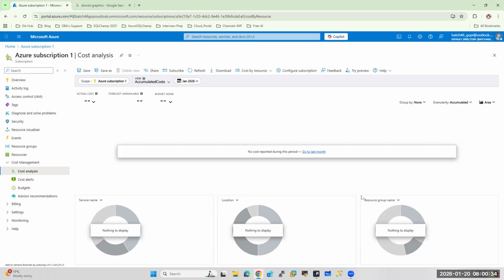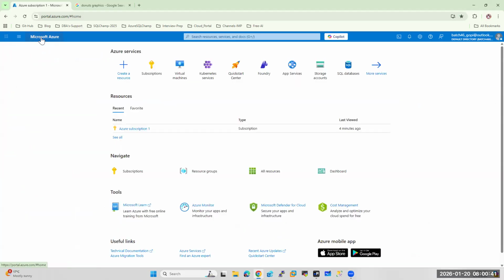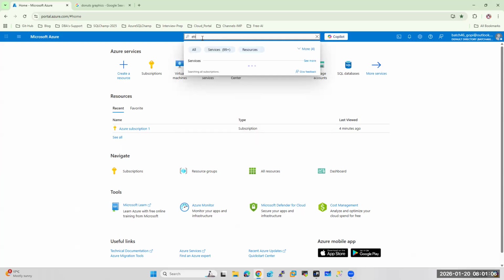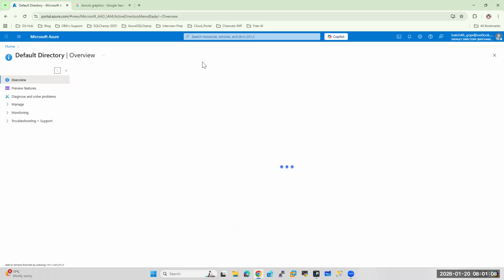So this is the top hierarchy. The majority of people will mainly focus on the subscription. But there is one more hierarchy on top of the subscription, though usually we won't use that one. I'm just passing along the information. On top of the subscription, there is one more hierarchy in Microsoft, but it is a hidden hierarchy. Entra ID. If I go to Entra ID,